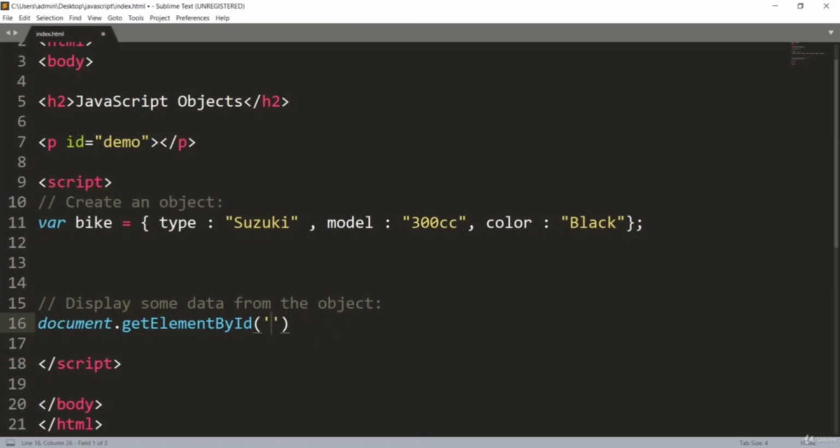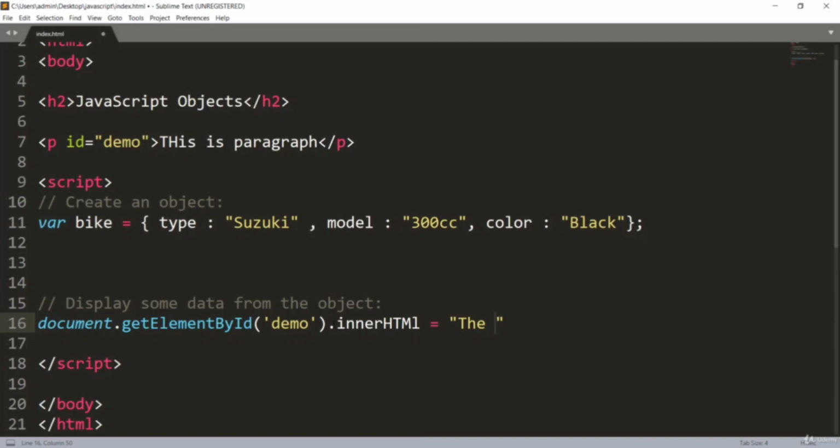So we want to change this paragraph of demo to the element of the bike. Let me just say over here, this is paragraph first. I want to change the content of this paragraph to the var, which is basically the data of the object. First of all, I want to get that element which is demo, because we want to grab this paragraph, and now I want to change this element, which is done with inner HTML. I want to change it to something, let me give the string first,